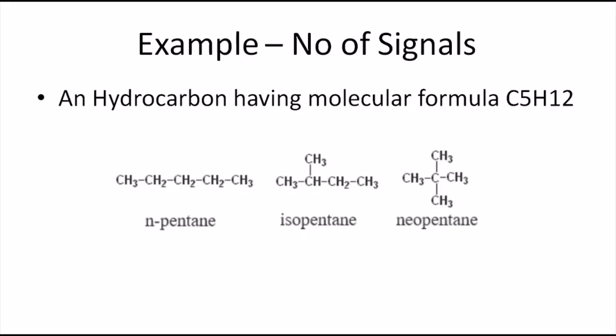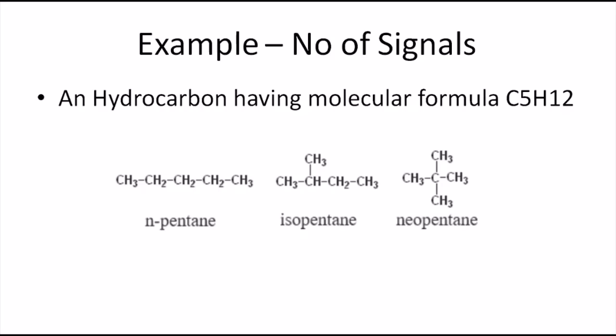But which spectrum, which data will distinguish between these three? Right? Mass. Absolutely, mass can show a difference, because this will show different peaks successively at 14 difference, that you can see here. In mass spectra, here you can see a base peak at 57, here a base peak at 43, and here a base peak at 57. But though it is different, it will not say clearly which spectrum is which.